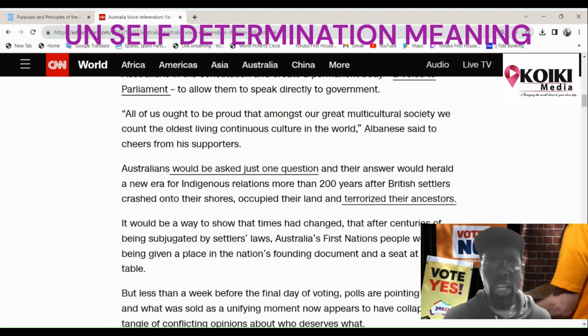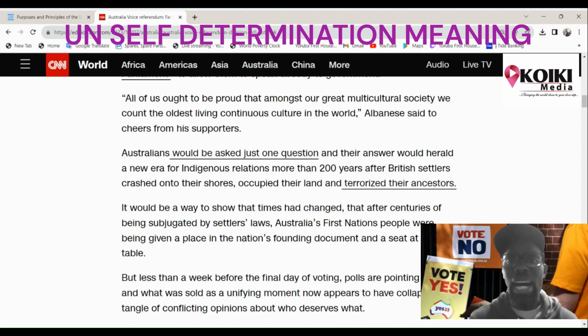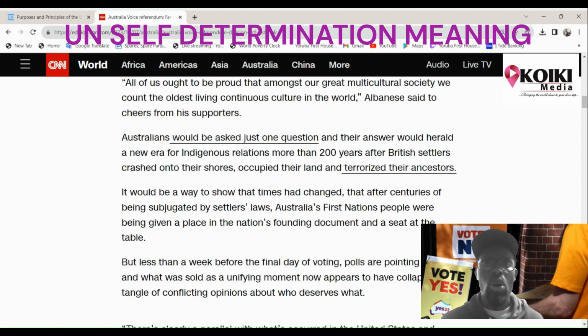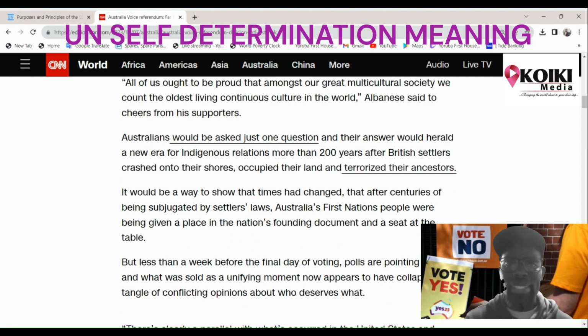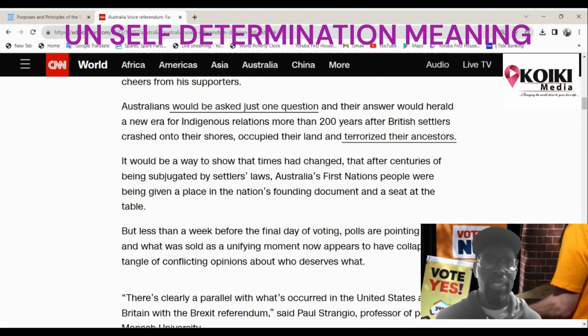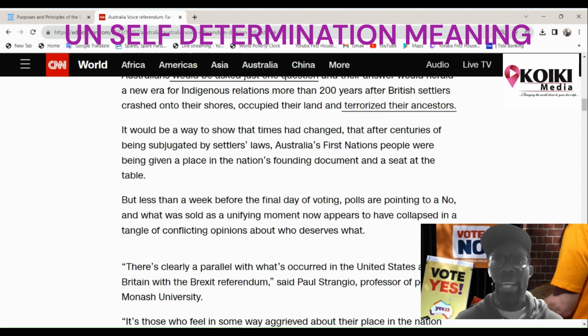It will be a way to show that times have changed, that after centuries of being subjugated by the settlers' law, Australia's First Nations people were being given a place in the nation's founding document and a seat at the table. But less than a week before the final day of the voting, polls are pointing to a no, and what was sold as a unifying moment now appears to have collapsed in a tangle of conflicting opinions about who deserves